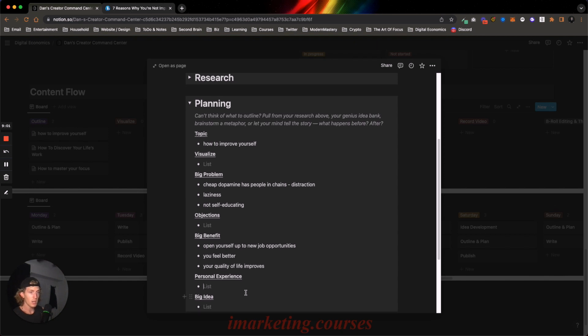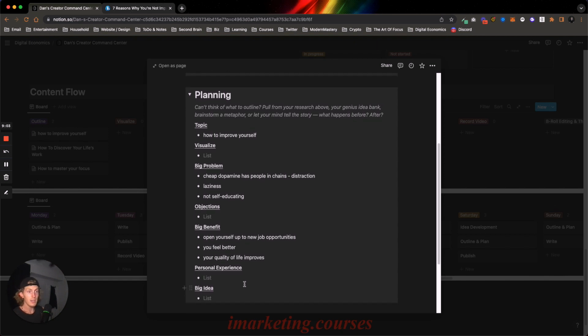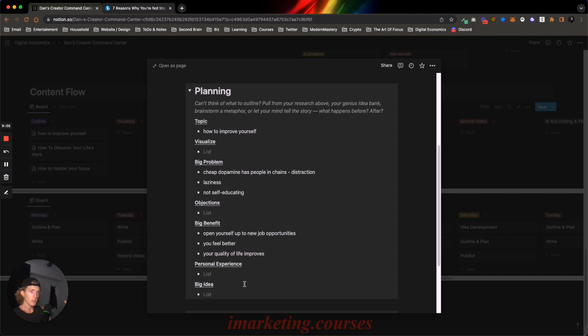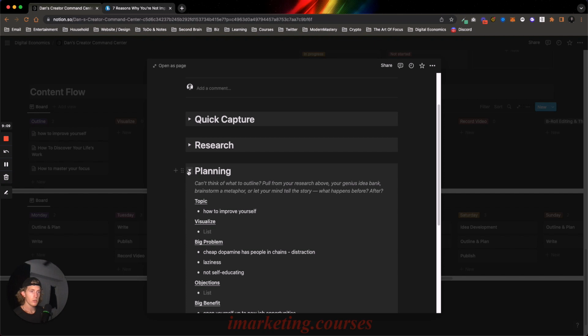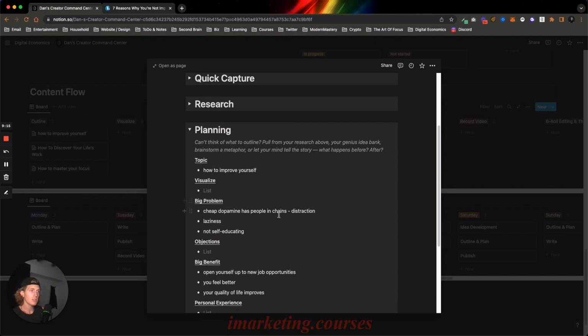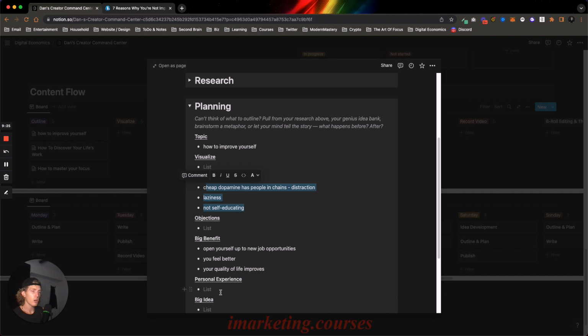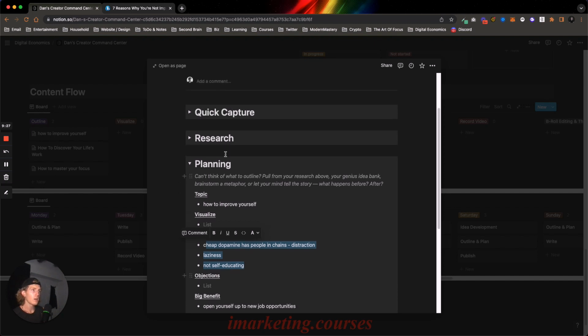You need to go outside, you need to go on a walk, you need to meditate maybe, and just expand your focus, right? So that's what you're going to use this for all of your articles. You need to outline it first. And now you can see where these things start to come into play as we dig into the APAG writing framework more. You're going to be able to start your newsletter by painting a picture of the problem. You're going to maybe talk about a personal experience. You're going to talk about things in the quick capture that relate to it, right?